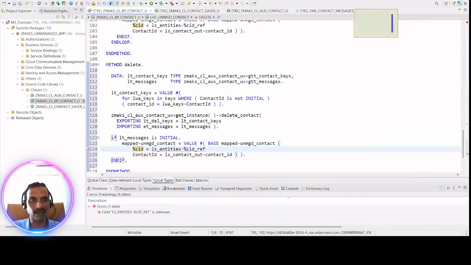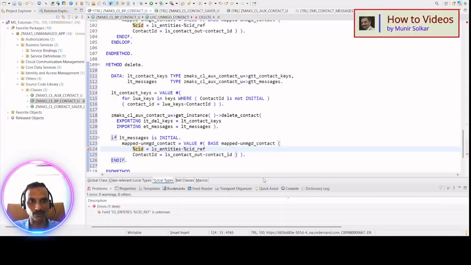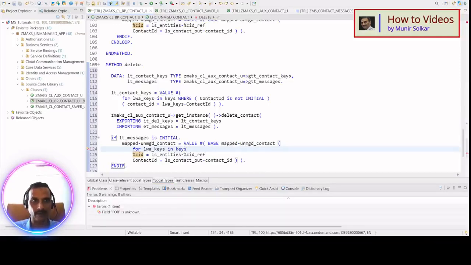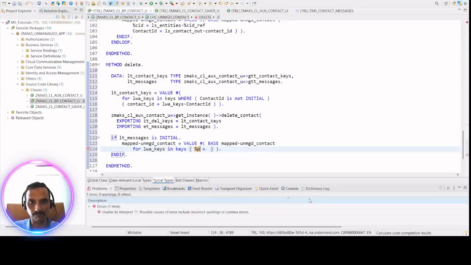So what it will have, let me go and say for LWA keys in keys, okay? From everything in keys, we will have to send back percentage PKY is there. Okay. And where it will be coming from, it will be coming from our keys. We already have that